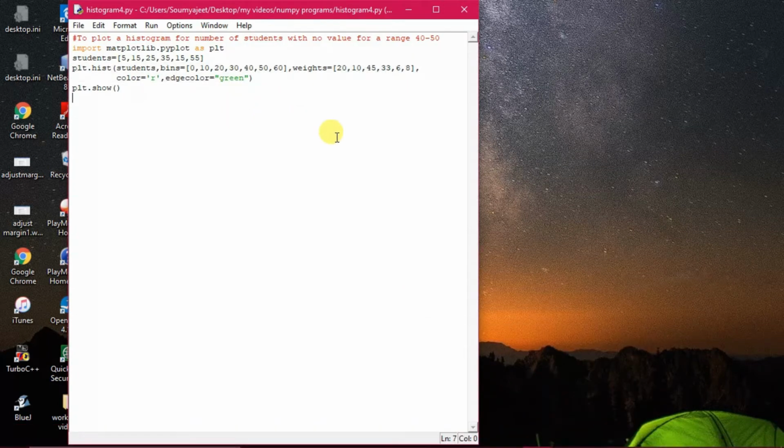Now you see in this program what happened. I have not kept any data for this particular 40 to 50 range, because I want to drop this 40 to 50 range. So what I have done is given both the coordinates as 15 and 15. So no data will be there for the range of 50. And you see now how the histogram has been formed. Just watch once.